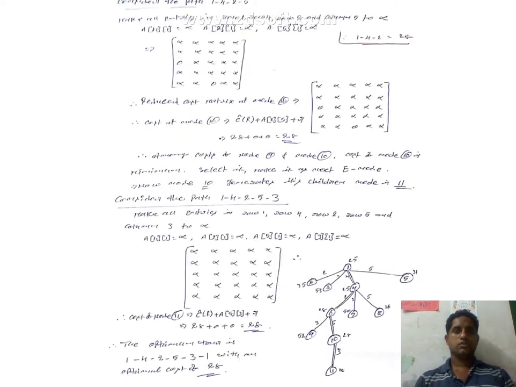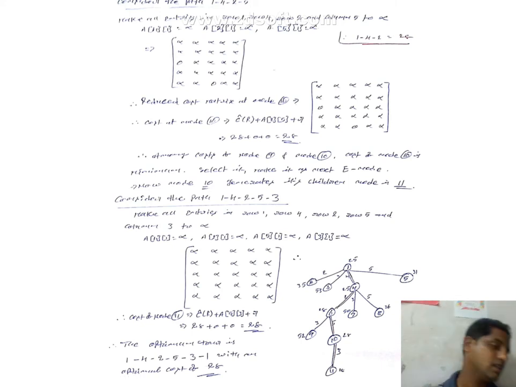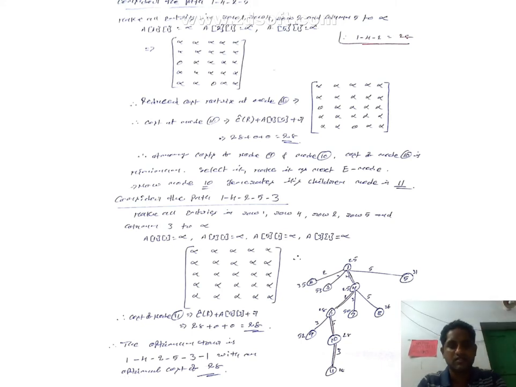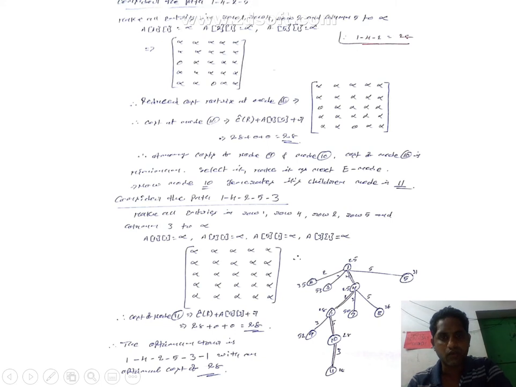Now 2 1 3 1 5 1. The cost is 24. So likewise we have to put infinity in all the places, then we can get the values. See here, considering the path 1 4 2 5 3, all are infinities, then we get the value 28. Therefore the optimal tour is 1 4 2 5 3 1 with the optimal cost of 28.